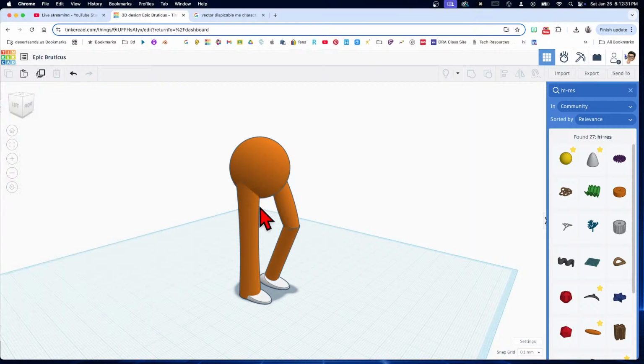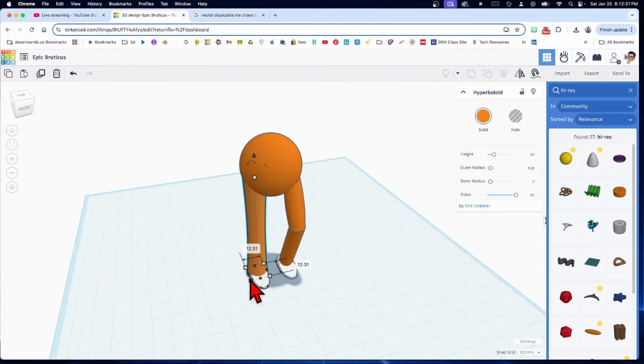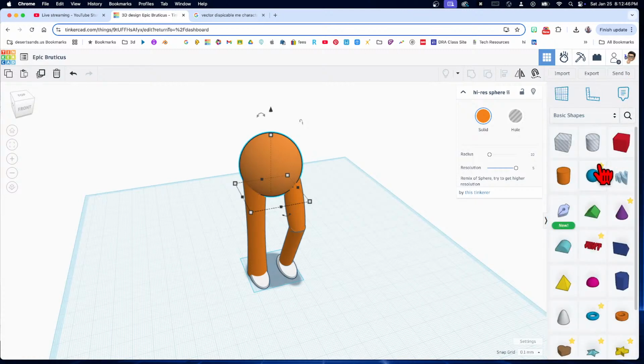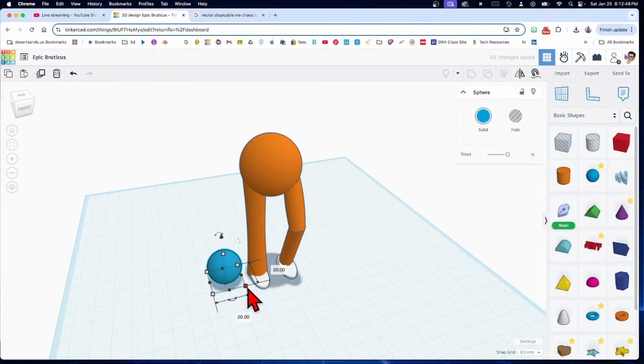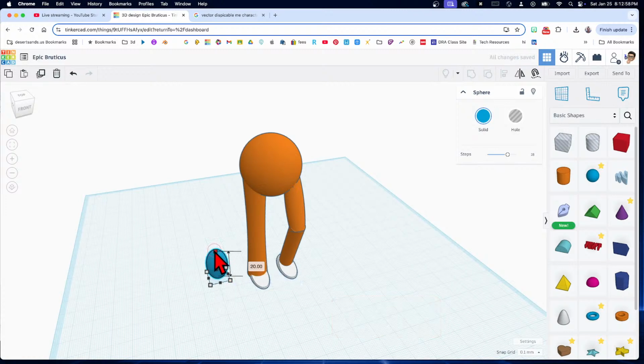Okay. Let's get the measurements for this one, which is 60. Oh, no, I don't want that measurement. I want this measurement. 12.31. Okay, I'm going to grab a sphere. Ooh, that's going to mess things up. No, I'm going to use a regular sphere here, and I'm going to change it to 12.31. So it's a cable down here, 12.31 and 12.31. And of course,